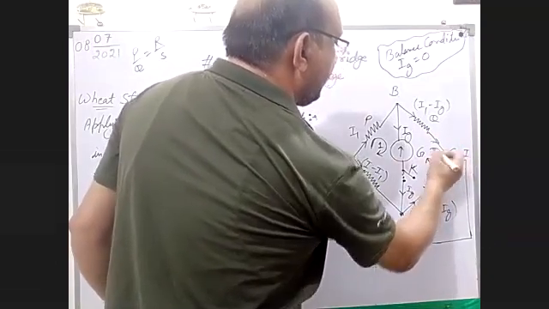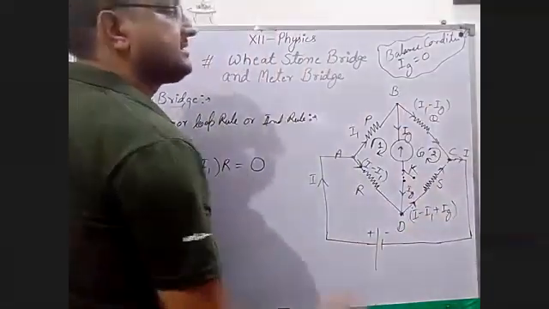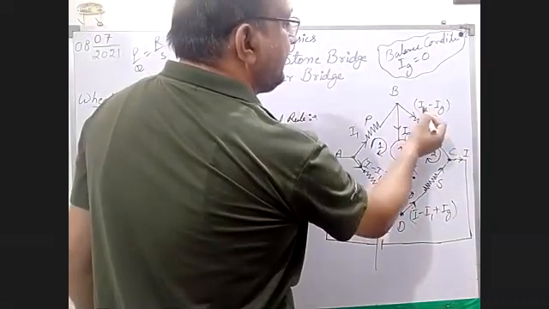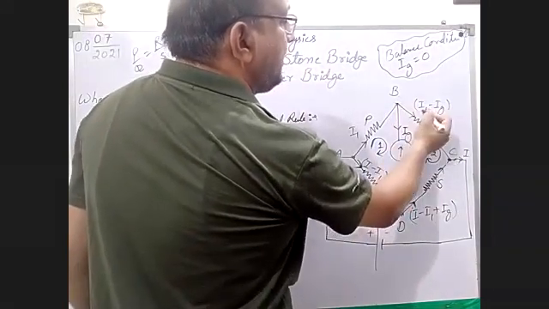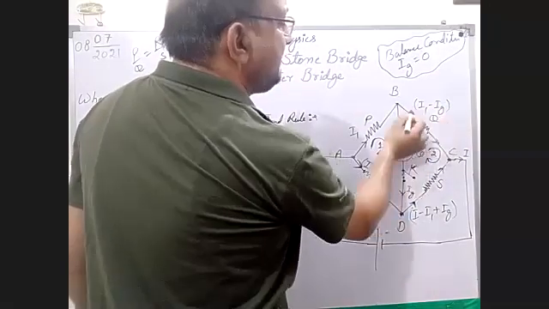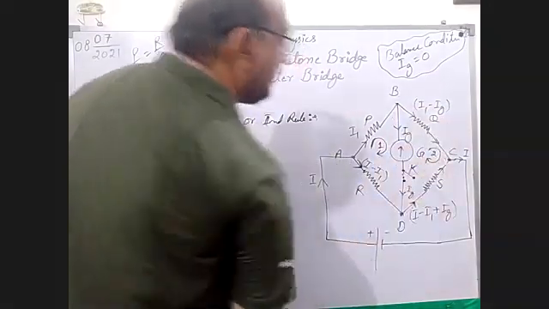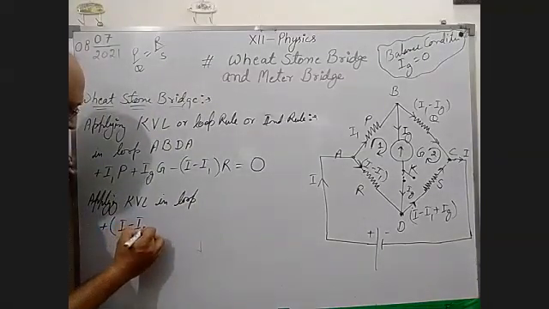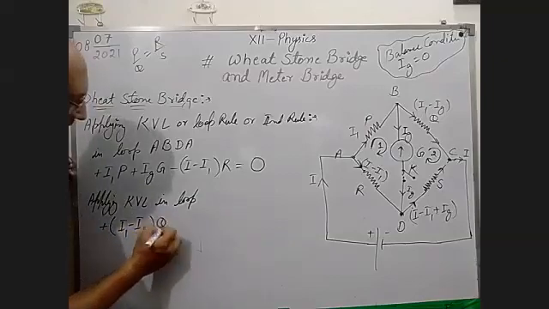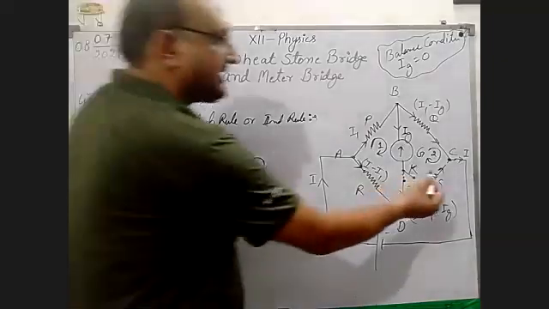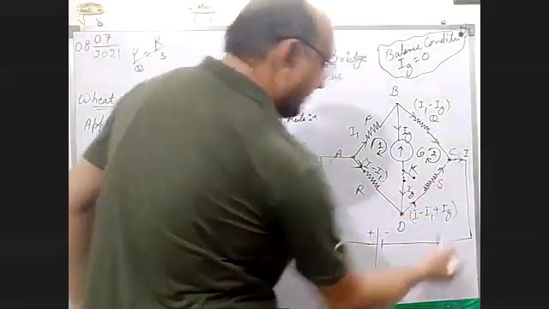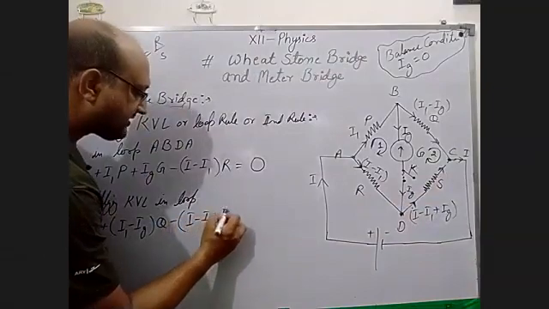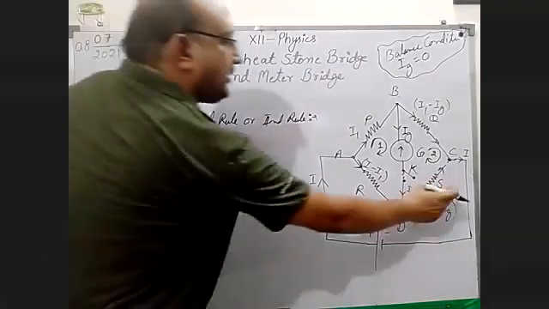As you wish, you can take. Now again clockwise. Now from B to B, we are starting from B and ending at B. I1 minus Ig with positive sign because same order as loop is there, plus I1 minus Ig into resistance Q. Now the next is in opposite order, you have to take with negative sign, minus I minus I1 plus Ig into S.